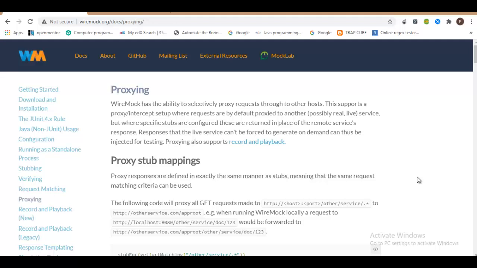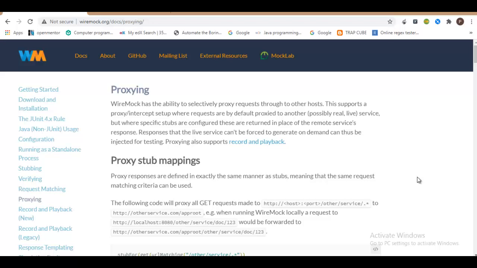So in this particular lecture, let us understand how this interception of an API request would help us. Say for example, we have a host API and we have an endpoint, and in order to get the response, we need to hit that particular endpoint which is hosted in a specific host. But when you are creating a stub, your WireMock would likely be running in your local. So how do you actually simulate this scenario?